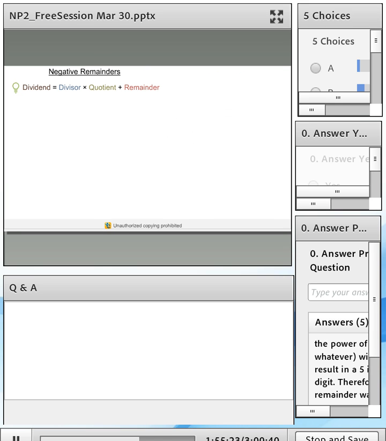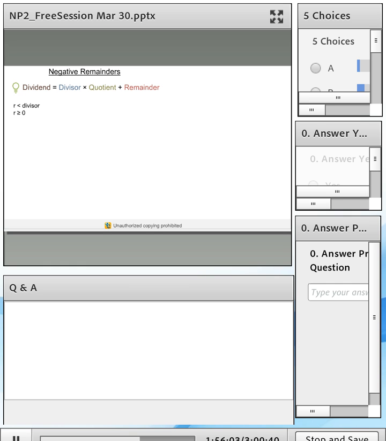Okay. Now let's come to the negative remainders concept. One of you did mention negative remainders. Now I'm going to be walking you through this concept, and again, bear in mind, we have people of different levels of abilities in these concepts. For those of you who are not able to follow along as well so far in this session, you will have a little bit of difficulty understanding this one as well. But again, if you spend about half an hour on this slide on your own, you will be able to get it. Okay, so just bear that in mind.